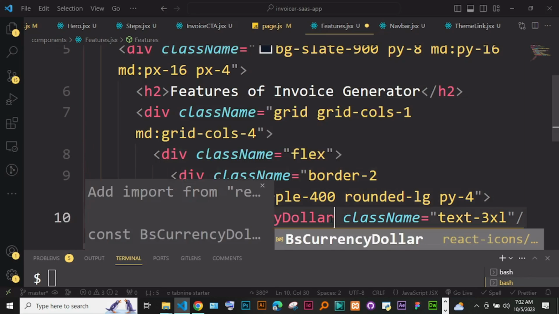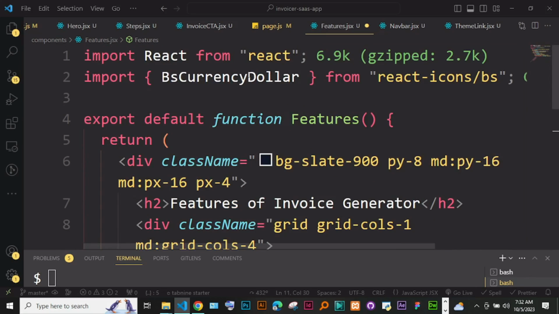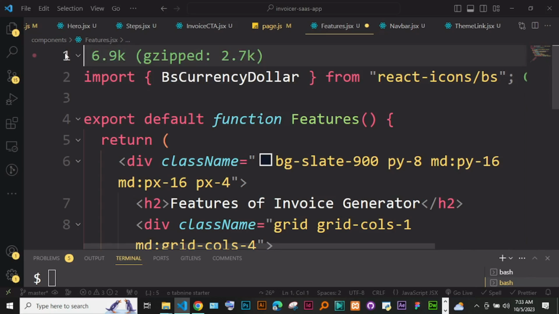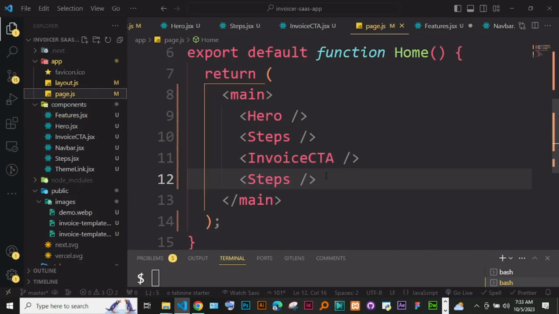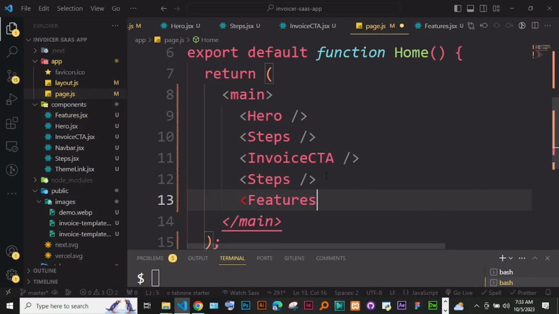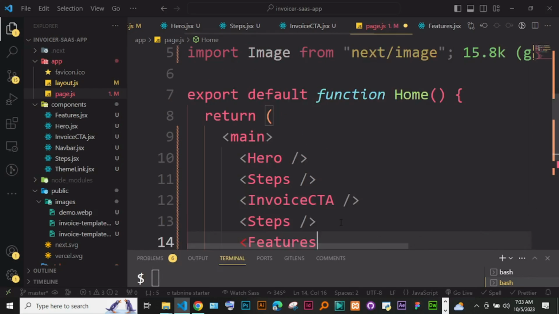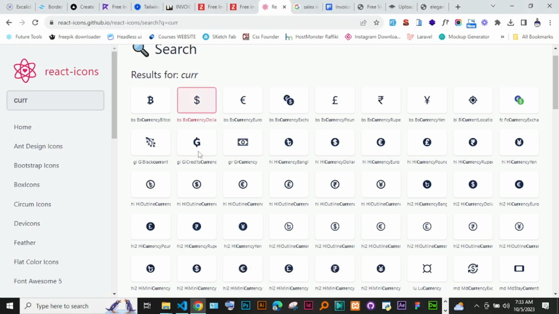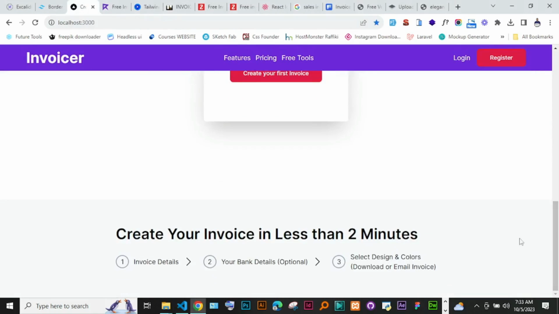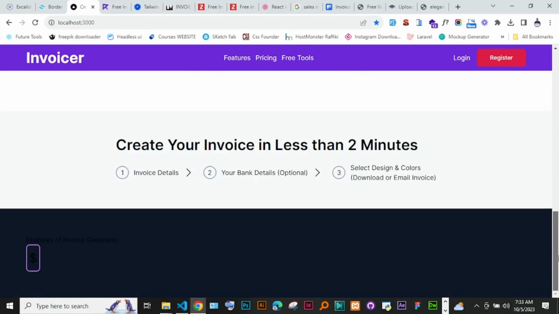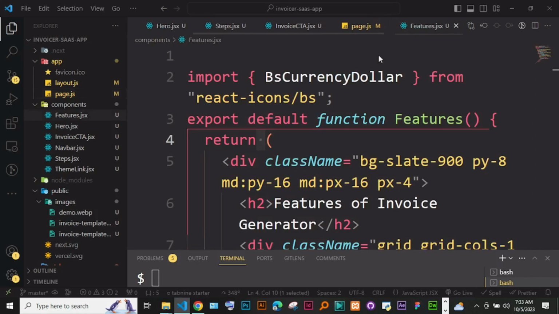Okay, and what else? Let's import this. Make sure it has imported on top here, and you can remove this React. So let's just go ahead and use this features. So you can just go Control B, go back to pages, down here, put features. Make sure you import them just like that. So if you just go back on the UI here, so we have this, we have that, and then in a second it should load our, yep. So you can see we have the features,